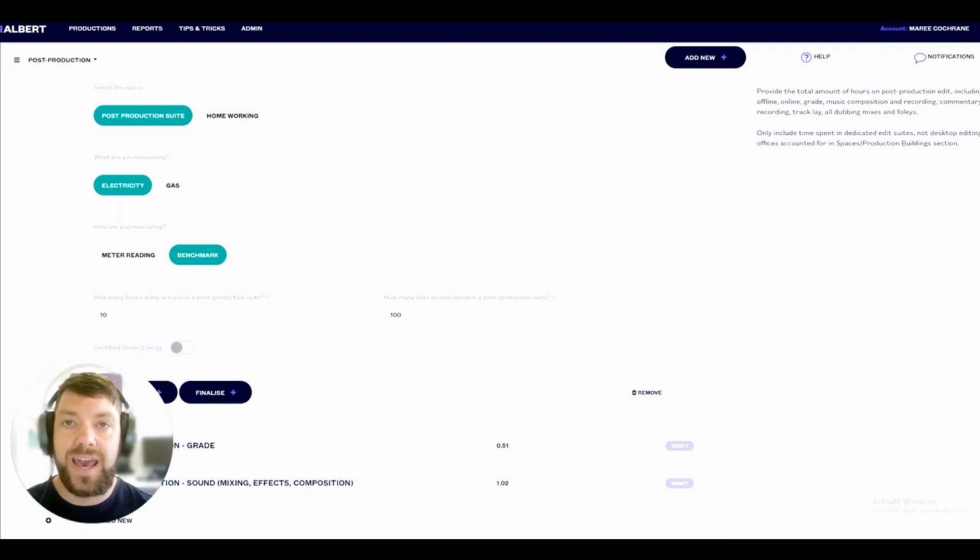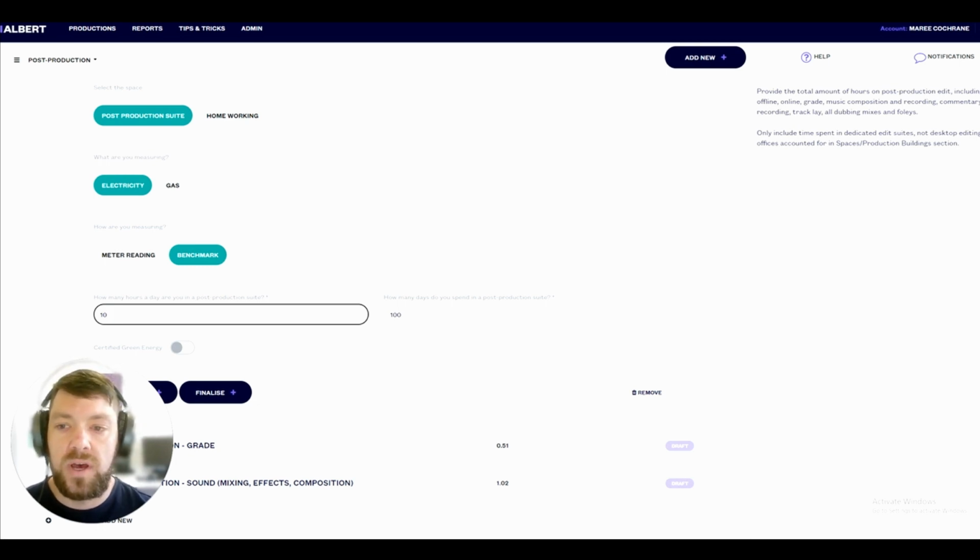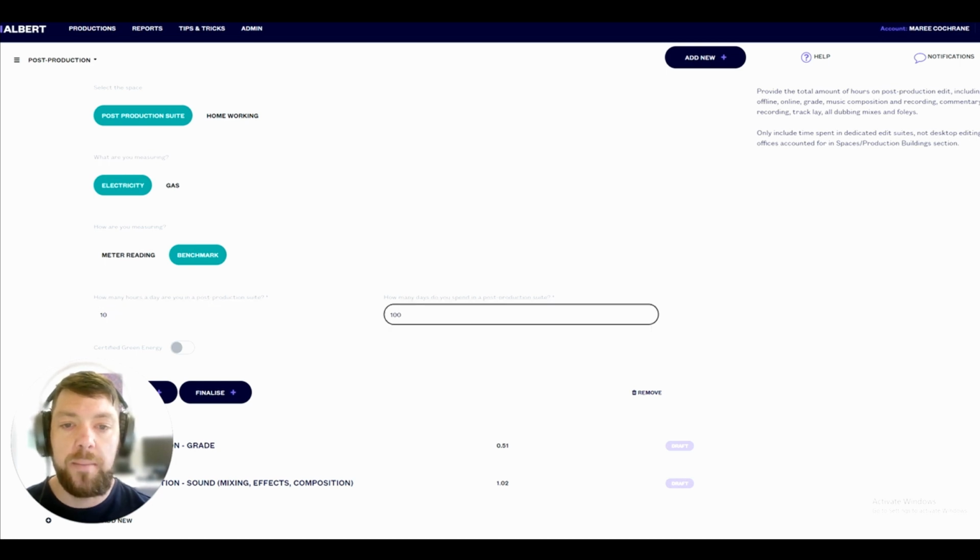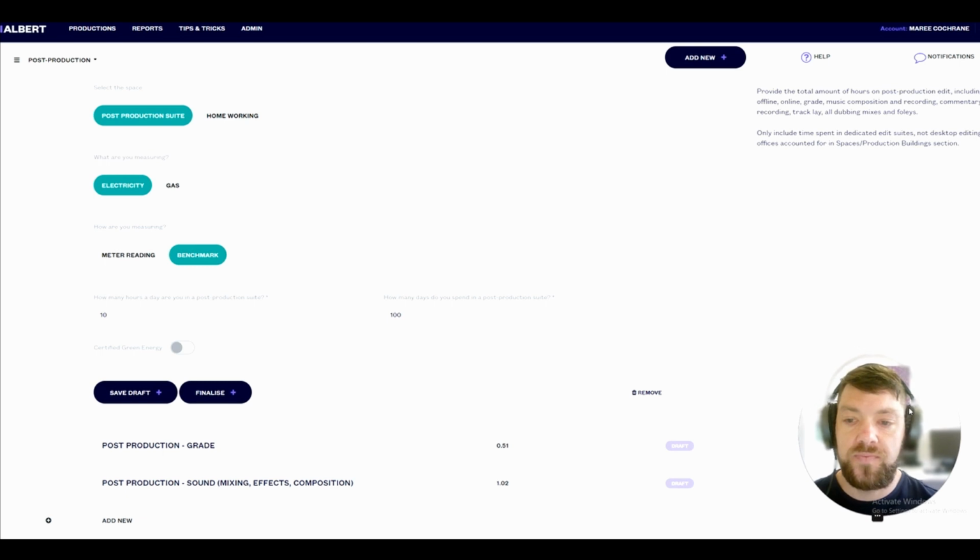Then it asks you how many hours a day. I put in 10 because it's pretty common for 10 to 12 hours, sometimes longer. And then how many days that is going to be spent. I've spoken to the post producer and I've worked out how many days have been allocated at draft stage for the edit. And then of course it asks you whether or not it's certified green energy or not, and then